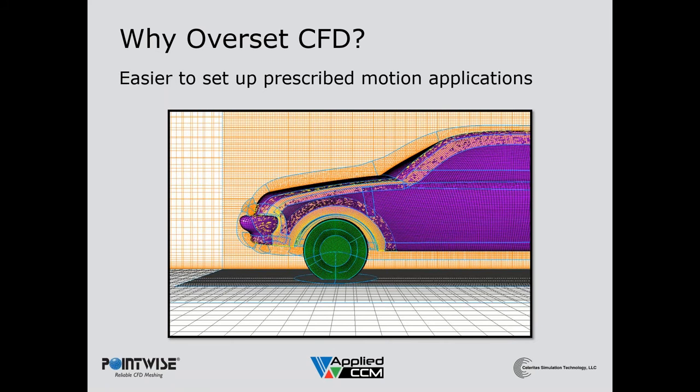And then we get into the more typical applications you see Overset used for. This one is a prescribed motion. Again, this is a bit contrived. The wheel in this case is actually symmetric, so I don't necessarily need to physically rotate the wheel. I could just apply a rotating velocity boundary condition. But you can imagine on a real wheel that's got spokes, and maybe there's a valve stem and a brake caliper and a brake rotor, and then racing cars have ducts and all sorts of things, and it gets really complicated. How do you incorporate those kinds of details? Particularly if the geometry is moving around, it may not even be possible with any other approach.